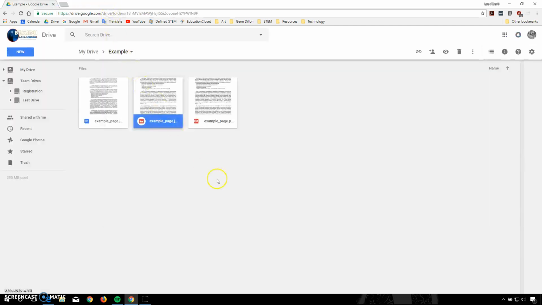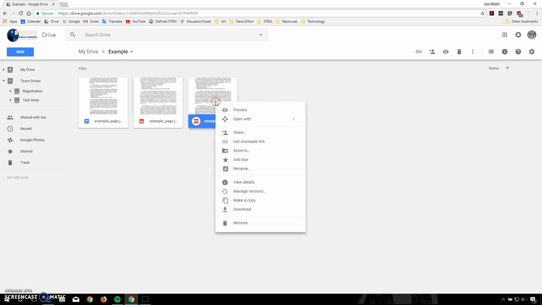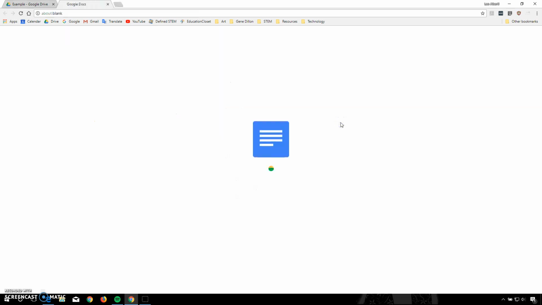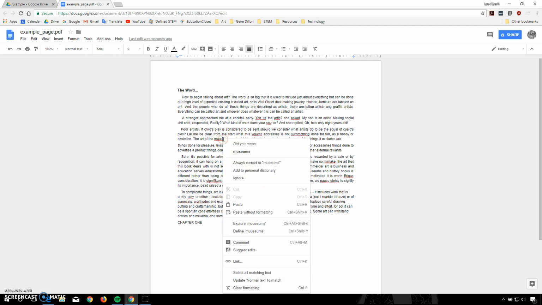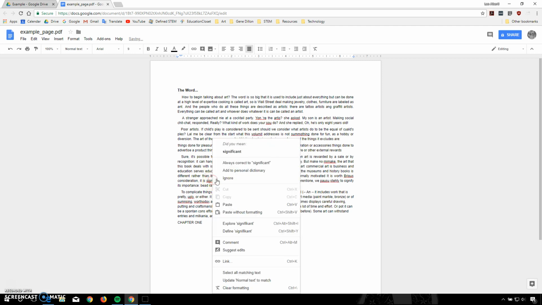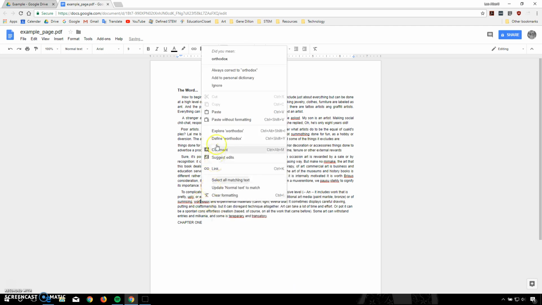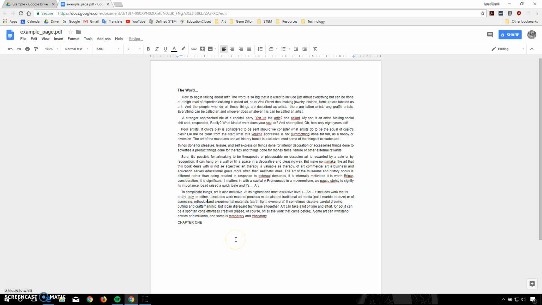We're going to go back here, find the PDF, right click, Open With, Google Docs. And just like before, it's going to take a moment for this to convert. And then just as before as well, we can see if there's any spelling mistakes here, and it looks like there's a few. So we can click on these, fix those pretty quickly. And just like before, it's much easier than going back and retyping the entire document, or the PDF, or the image